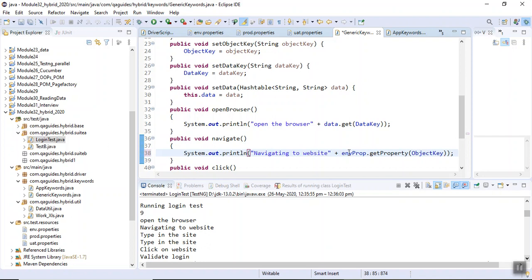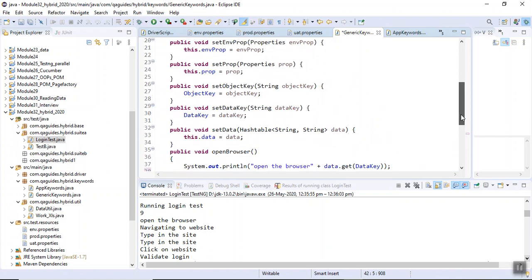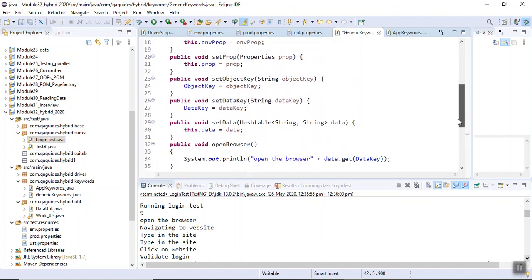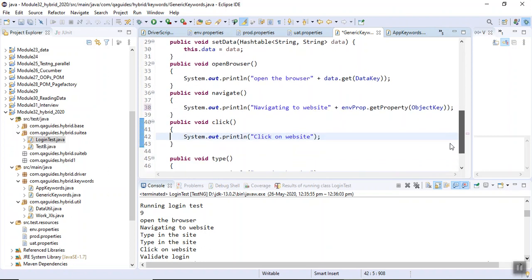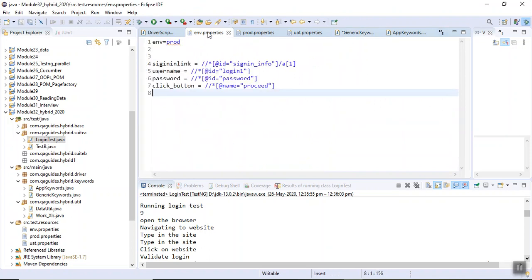Okay, clicking. So all these clicking and typing are available in my environment.property files.